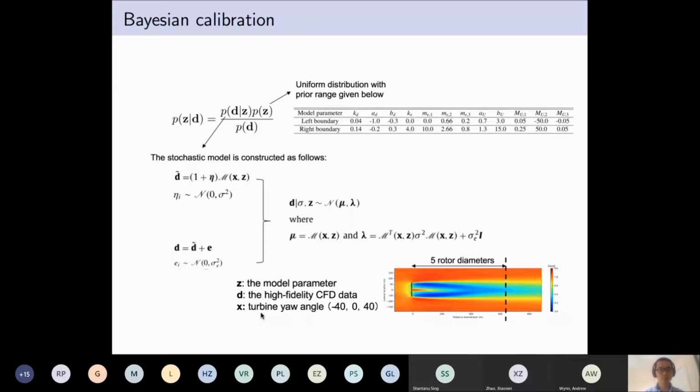Here we give the details, but the main idea is to model the model inadequacy term as a multiplicative Gaussian eta, and the measurement error is modeled as a Gaussian denoted as E, so that we can explicitly express the likelihood function. So after this, we can employ a sampling method to get the posterior distribution of the model parameter Z.